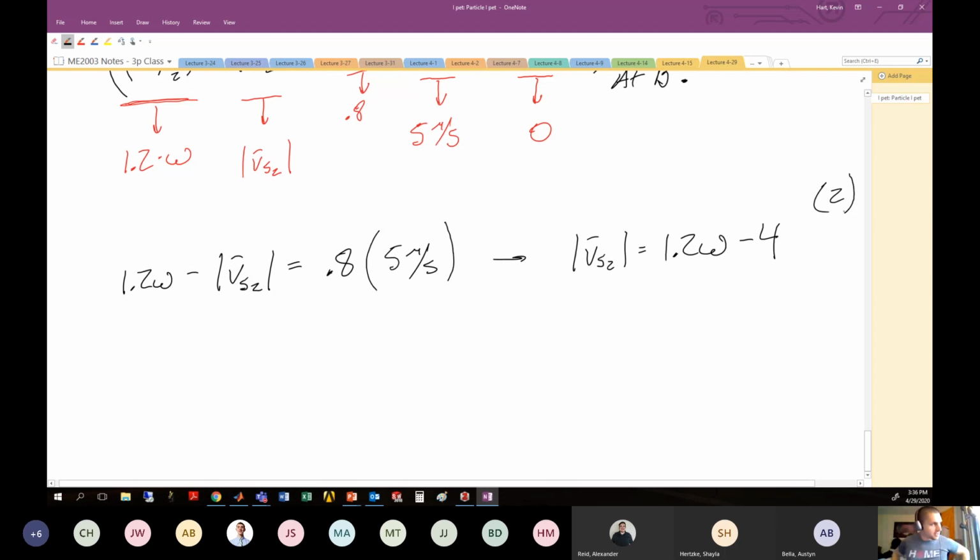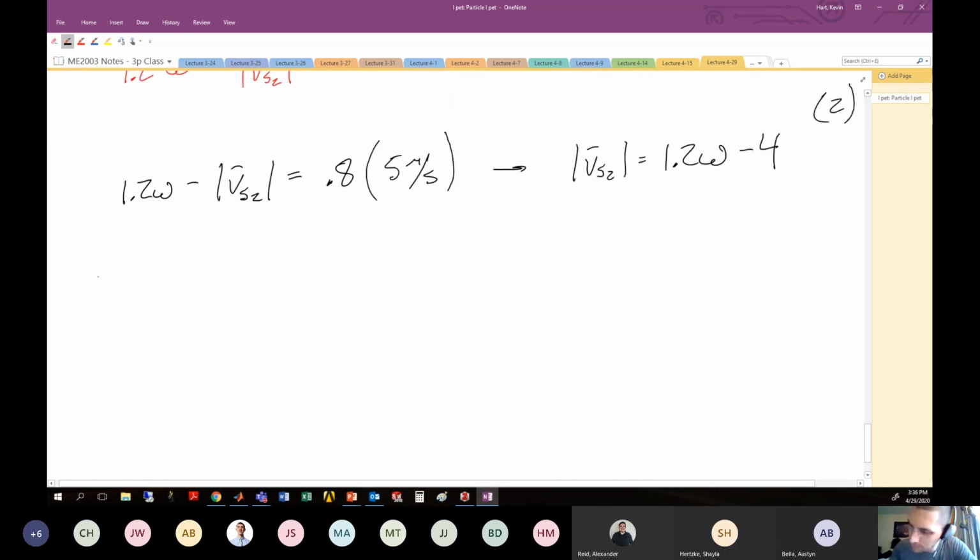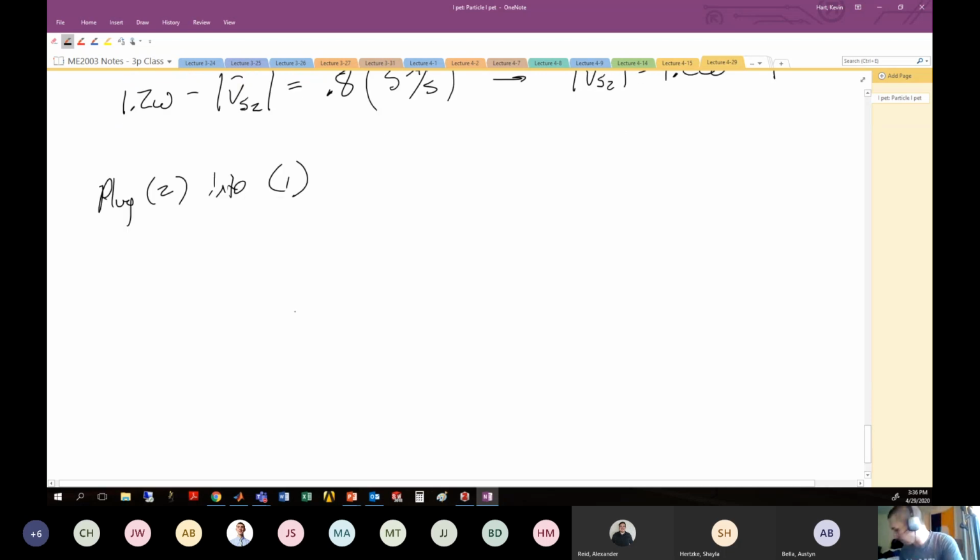So now we have 2 equations and 2 unknowns. The conservation of momentum equation, which is the angular momentum conserved about point A, gave us these 2 unknowns, omega and v_S2. And then our conservation of energy through the coefficient of restitution equation gives us another equation relating the angular velocity of the piece and the velocity of the sphere after impact. So we'll plug 2 into 1. Do the hokey pokey, turn yourself around. You get something like